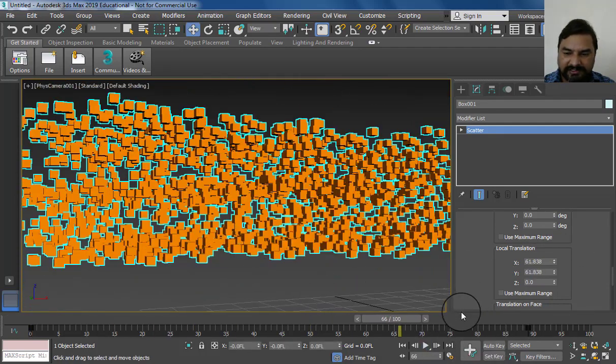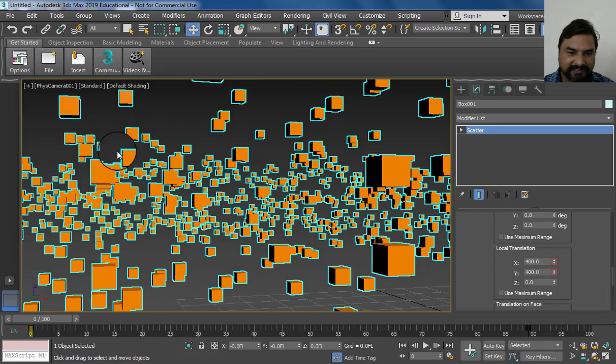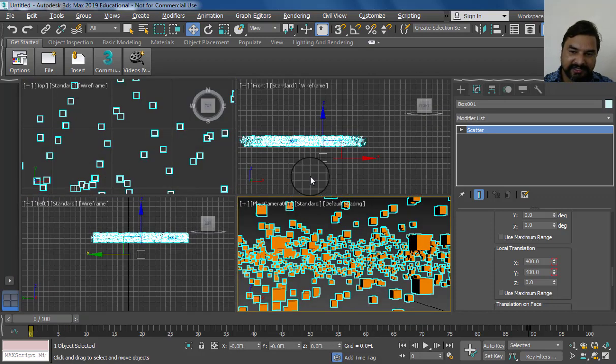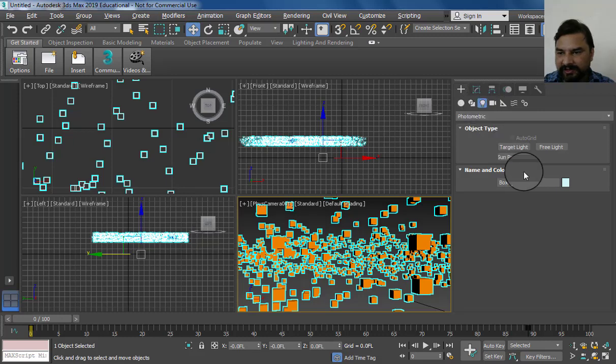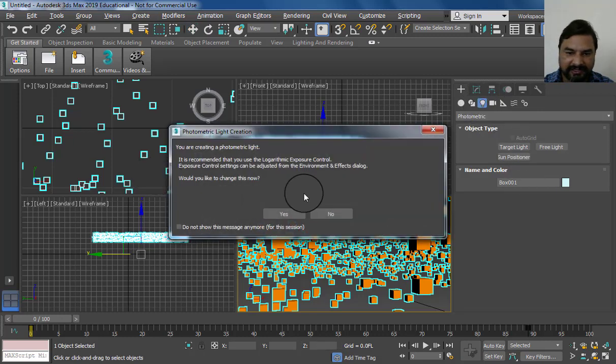Okay, it's a basic and very simple option to create motion graphics and use a particular cube in 3ds Max. We can also use the light option and create a light.